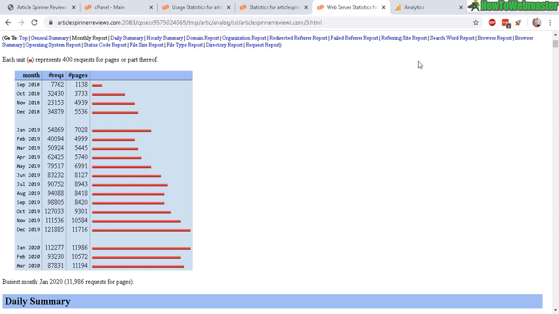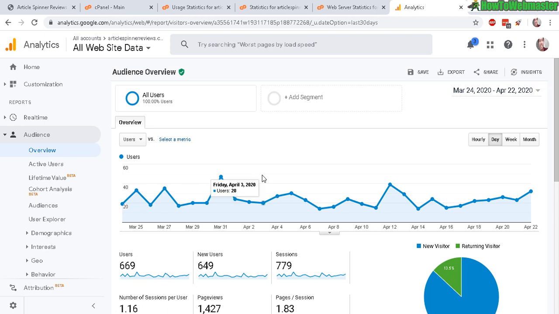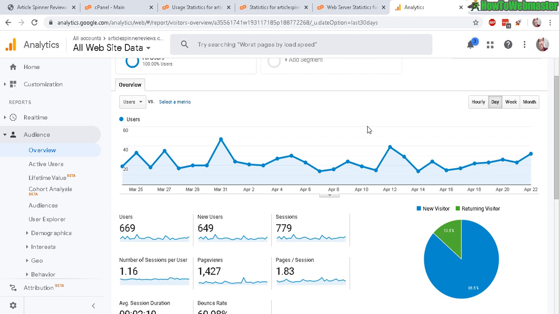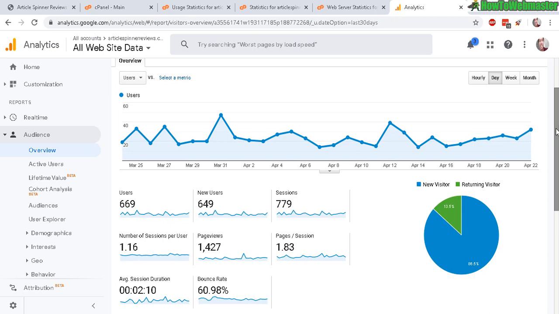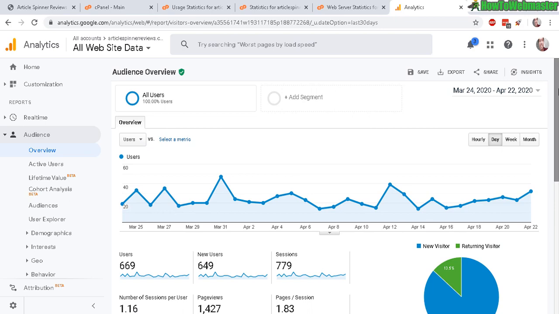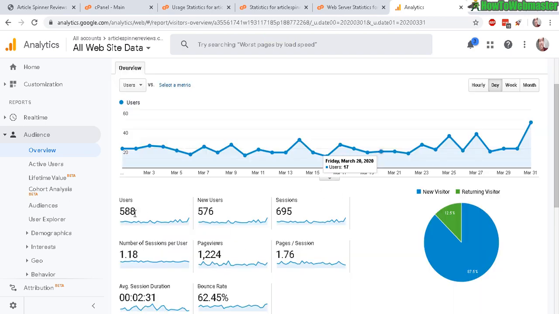Okay, now let's look at Google Analytics, the king of accurate tracking. Google Analytics normally filters out the bad proxy views and bot views. So it's not going to track views from other search engines, spiders, and again bot views. So let me set this to March. Only 588 users or visitors came to my site,